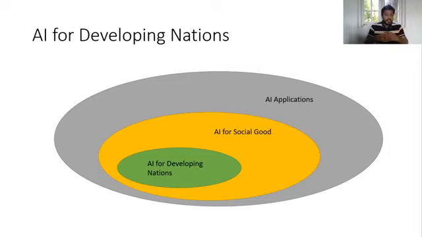It is the same with datasets. If you train a credit scoring algorithm with datasets in the United Kingdom and you use it in a bank in Sri Lanka, the purchase patterns are very different and the algorithm will pretty much be useless. So we need to account for these things and build systems that are more useful to the developing world in terms of what we can provide. In a nutshell, AI for developing nations puts a few additional requirements on top of social good requirements in order to make sure that the systems align with the capabilities